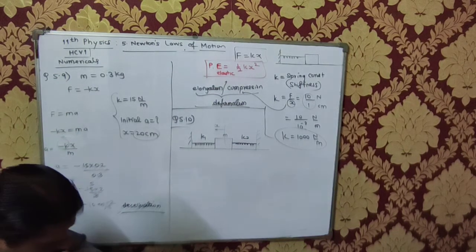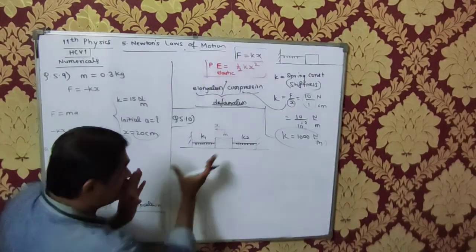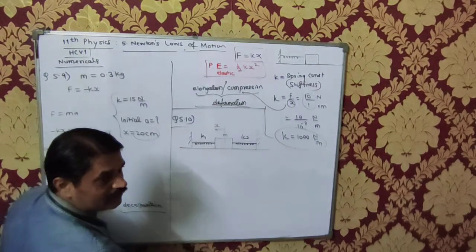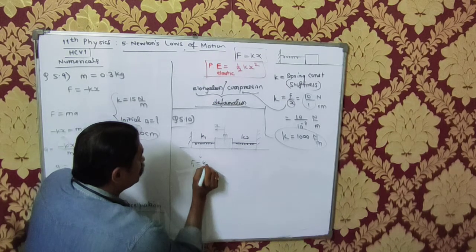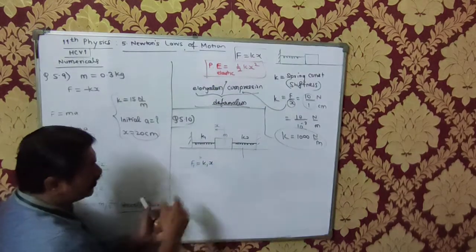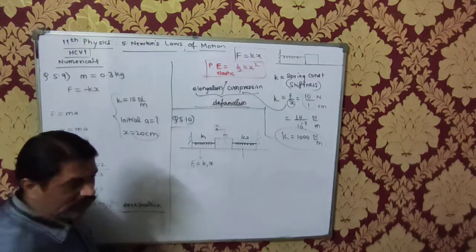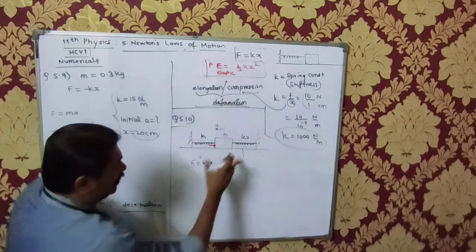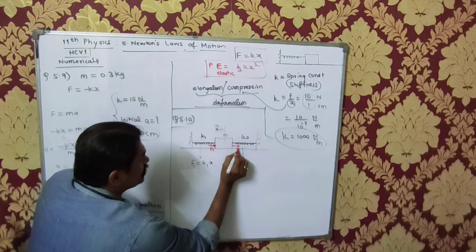So here this spring will try to expand because we are compressing it. This will try to compress because we are elongating it. So there is a force involved, F1, which is equal to K1 into x, and there is one more force. We are trying to push it in this direction, so this spring will try to push it back. And this one is being pulled, so it will pull the block in the same direction. This is the force F1 and this is the force F2.